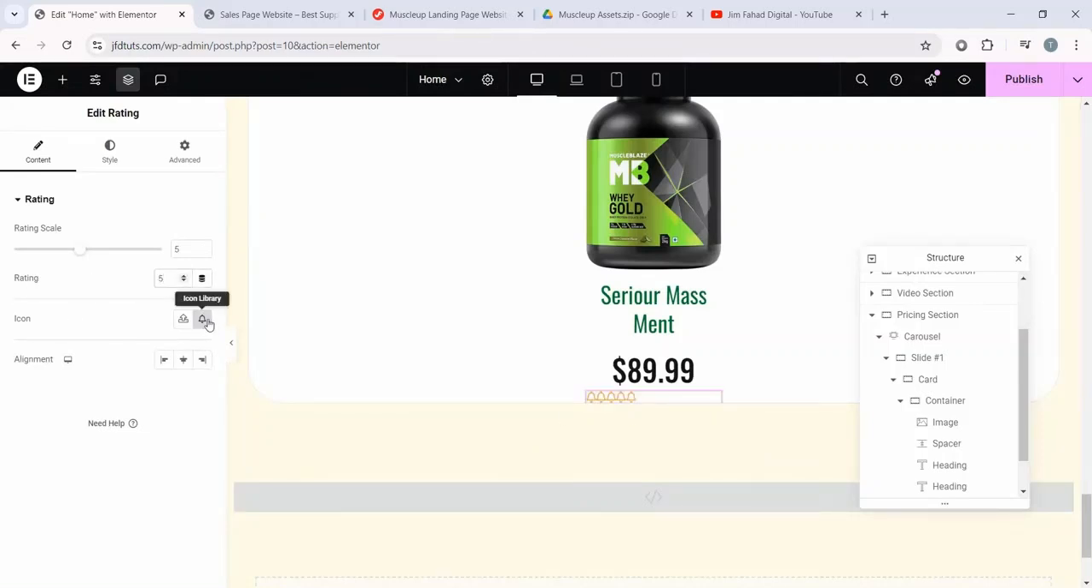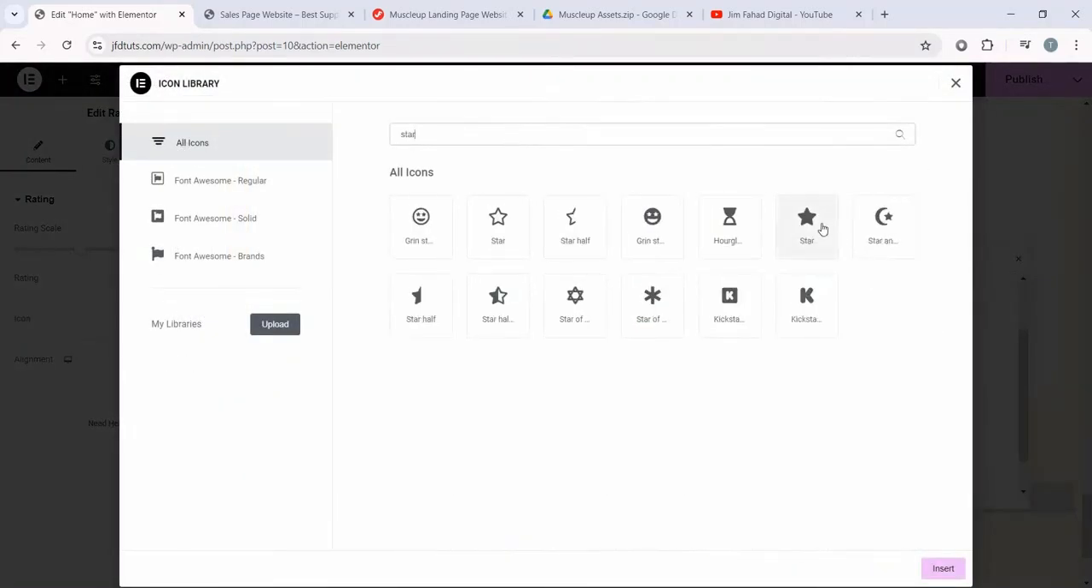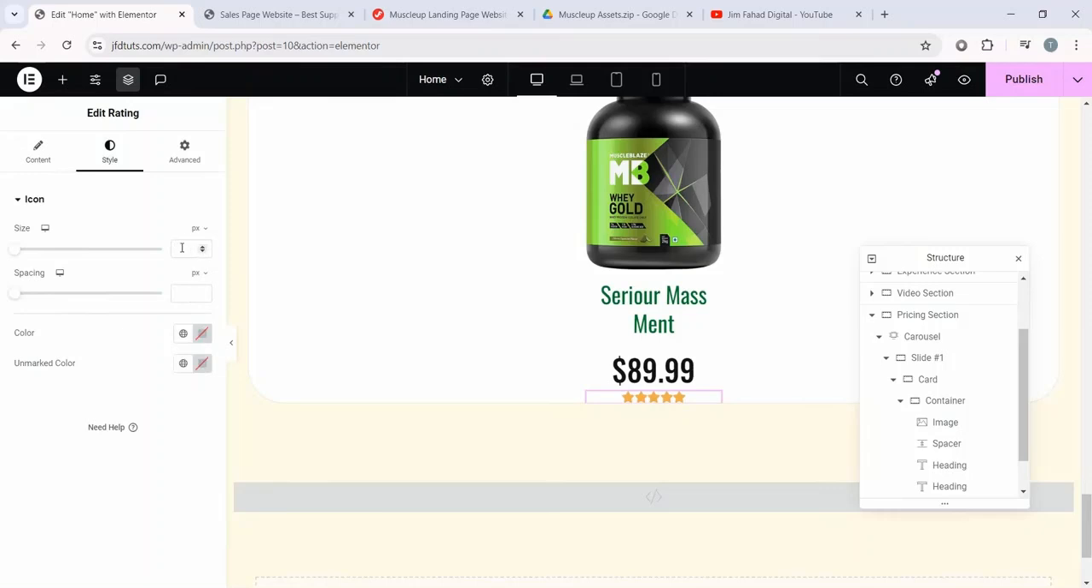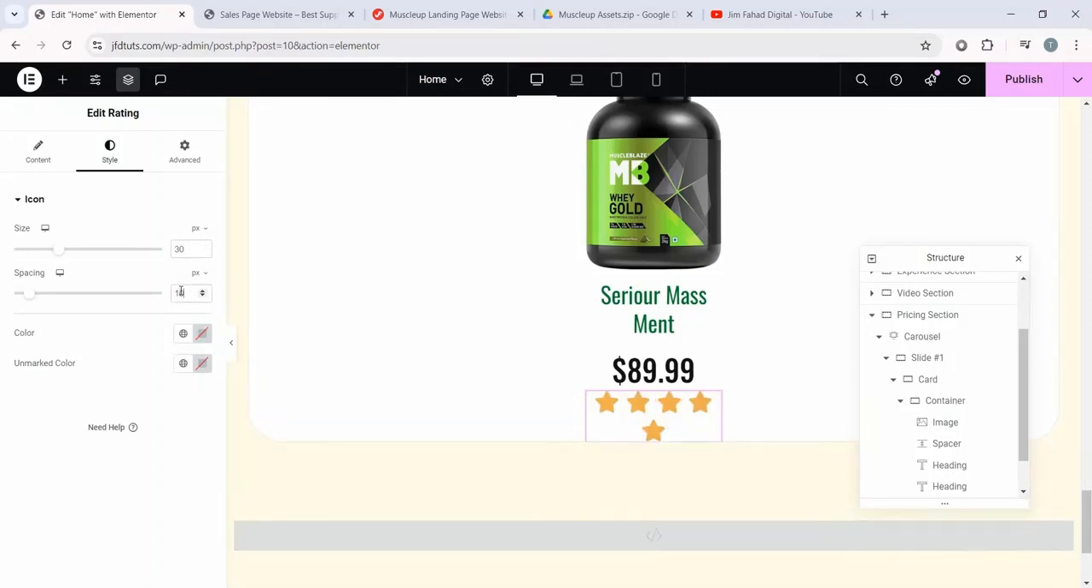So this widget is really cool, but I'm gonna actually make the rating to star rating. Select the star here, and we're good. Alright, so make the alignment center to make it center, then go to the style. So first here in the icon, let's make the icon size to 30 pixel, and spacing, let's make it 10,